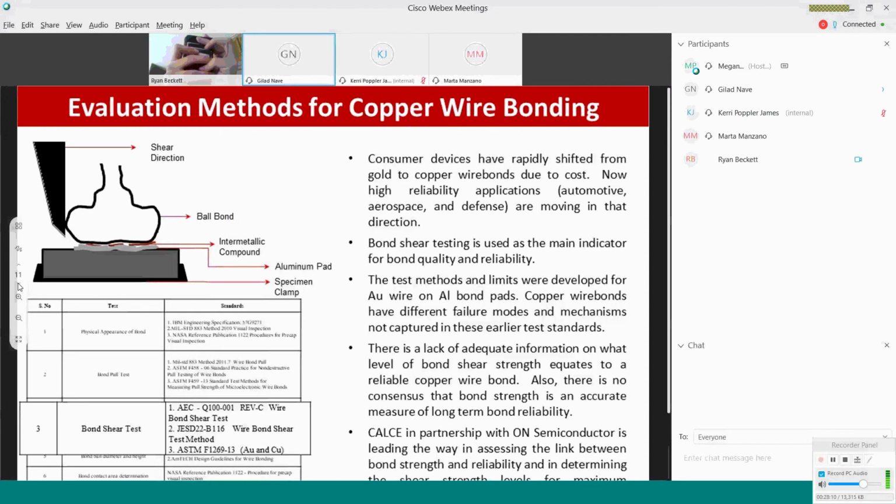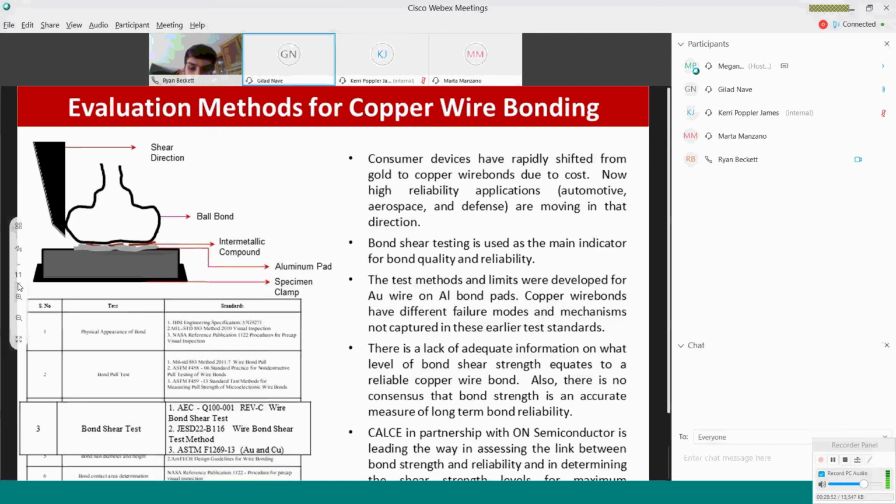Well, while they're cheaper, there are a lot of issues involved in making those bonds strong and reliable. And so we are doing a great deal of research to take a look at what the failure mechanisms are that can occur in these new wires. Copper wire bonds fail in many ways that are completely different from the way gold wire bonds used to fail. With gold wires, when you pushed on them, they would fail through the gold. With copper wire bonds, when you push on them, they fail through the aluminum pad that's under the wire. So they don't fail in the copper like they failed in the gold. They fail in the underlying pad.